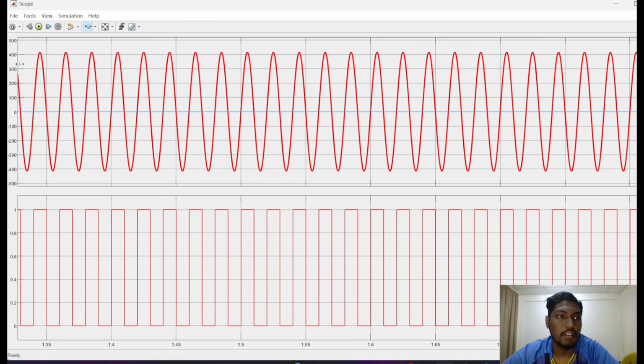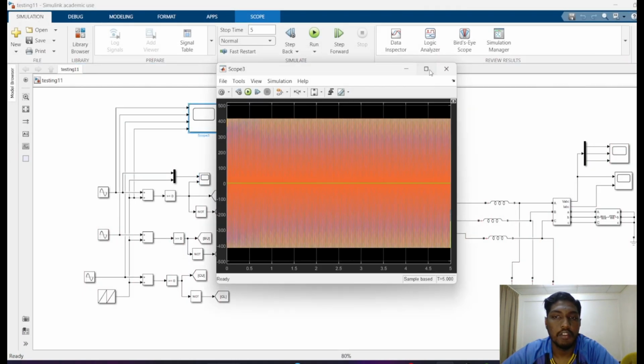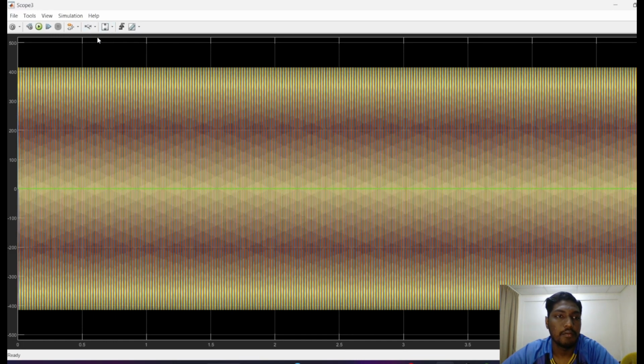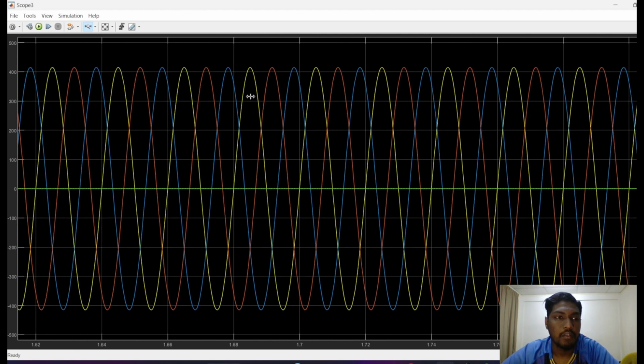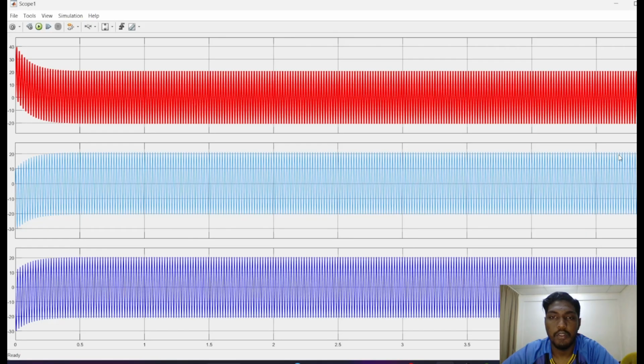As we can see, the voltage is 415 and for the up one is 0 to 1, and to make sure the line to line voltage is 415, we also check that one. So as we can see, the line to line voltage also for the three phases is 415, red, blue and yellow. And the next one, we go to the scope for the voltage one,